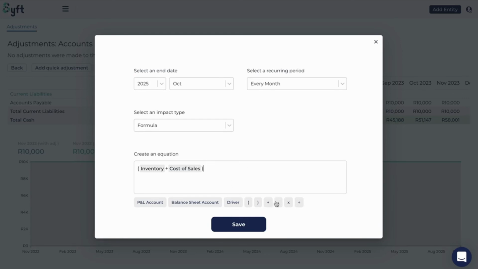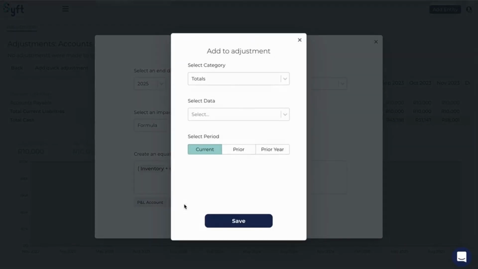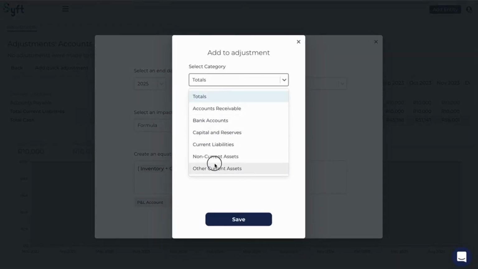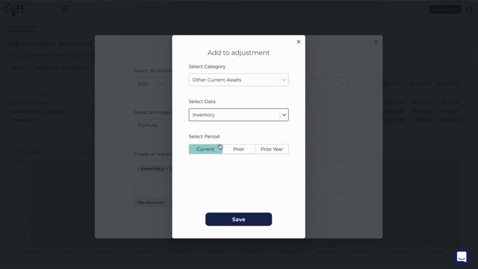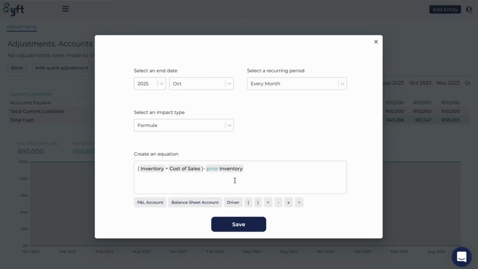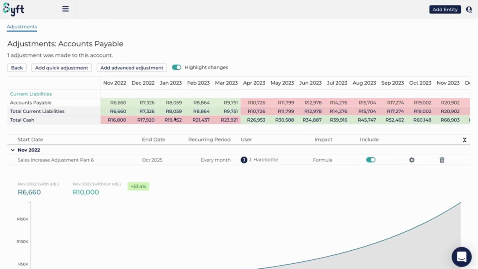But if it doesn't, we're then going to go and minus the closing balance of inventory. And so in effect, this is going to give us the increase in accounts payable. We're then going to click save, and we'll see now that Syft has gone and adjusted our accounts payable for